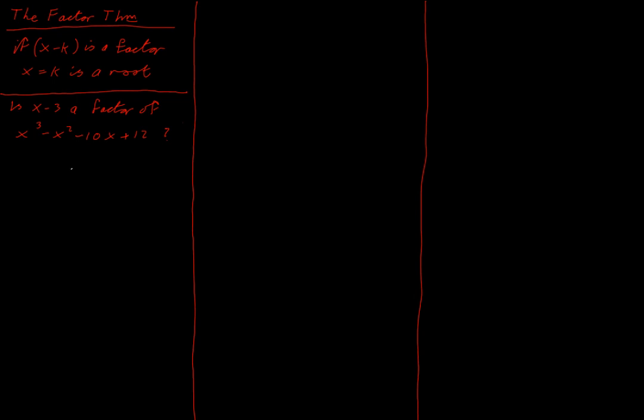Hello, today we are going to be looking at the factor theorem. The factor theorem says that if we have a factor x minus k, so one of our brackets when we'd be multiplying out our equation would be x minus k, could be x minus 3, x plus 5, something like that, then if that is a factor, we automatically know that x is equal to k